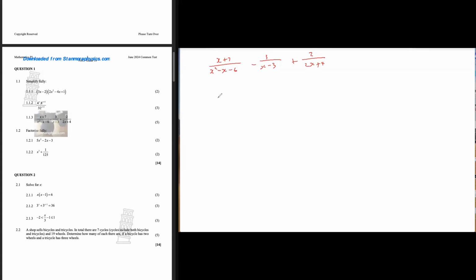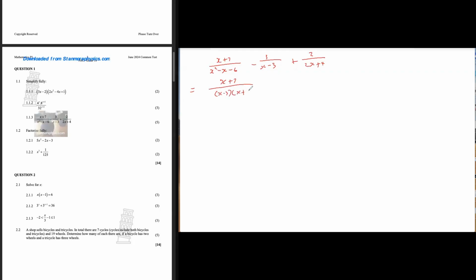So the first thing we're going to try and do here is check if we have any like terms. We don't. We're going to check if we can find prime factors. That's not really going to help us here. So the only choice we have is to try and find the lowest common denominator. But before we do that, we're going to try and factorize anything that we can factorize here. So on the top, x plus 7, we can't really factorize anything there. The denominator, though, we have a nice trinomial, which we can factorize, and we'll be left with x minus 3,